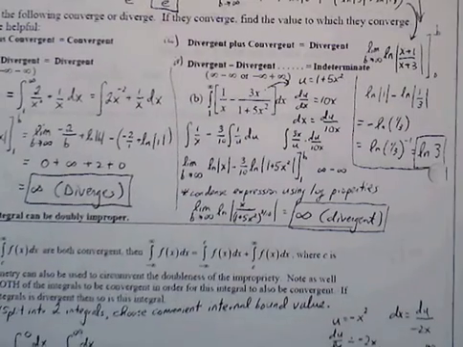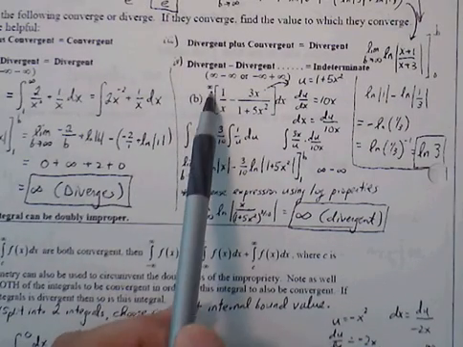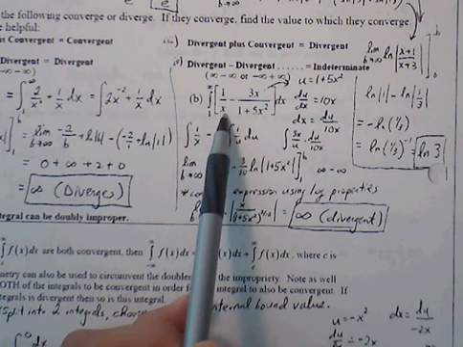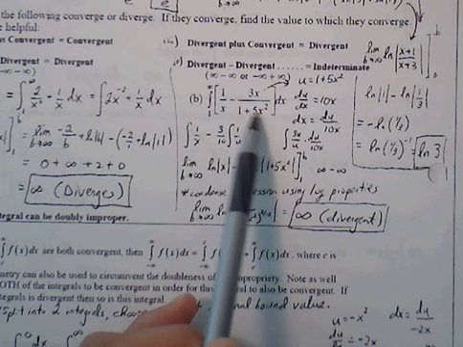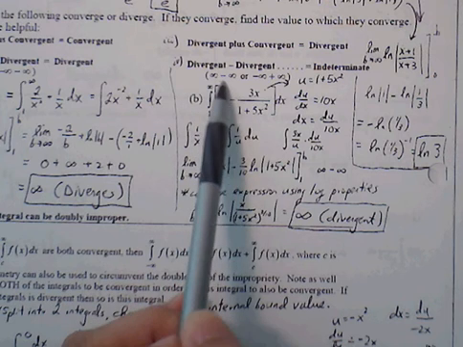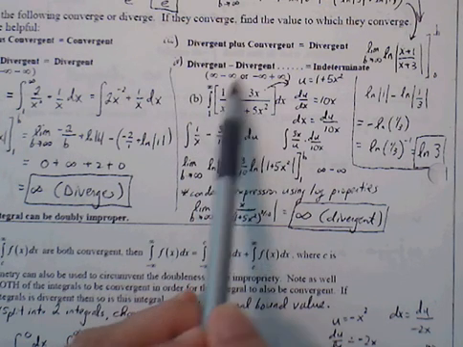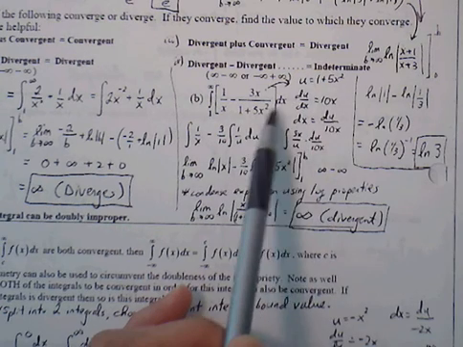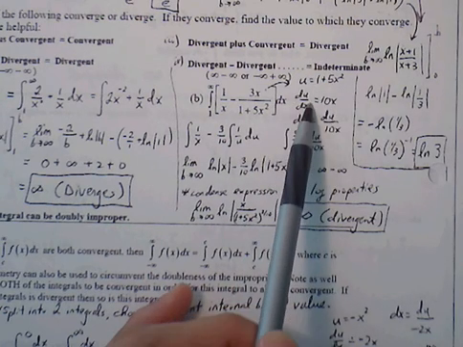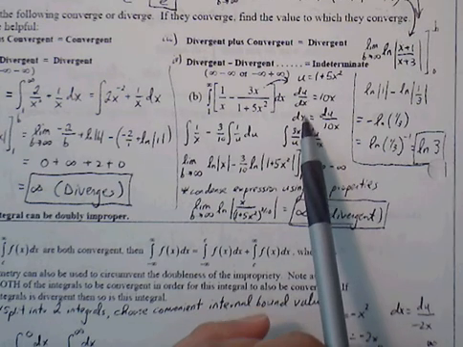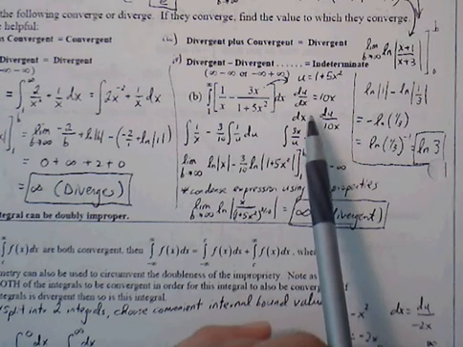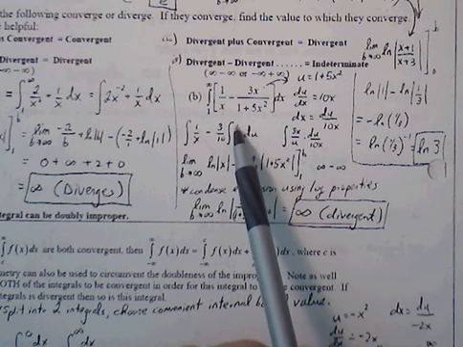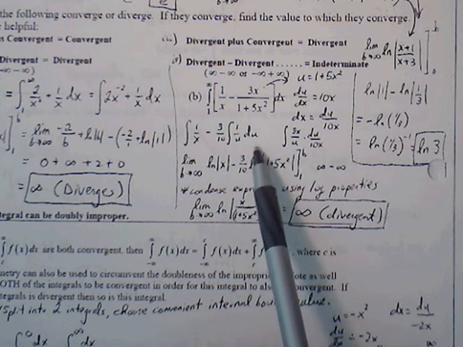Okay, part B, we have the improper integral from 1 to infinity of 1 over x minus 3x over 1 plus 5x squared. The first term, we can use the natural log rule. The second term, we can use substitution. We let the u value be the denominator, 1 plus 5x squared. We find the derivative, which is 10x. Solve for dx, we get du over 10x, and then we make our substitutions, and we get the integral of 1 over u,